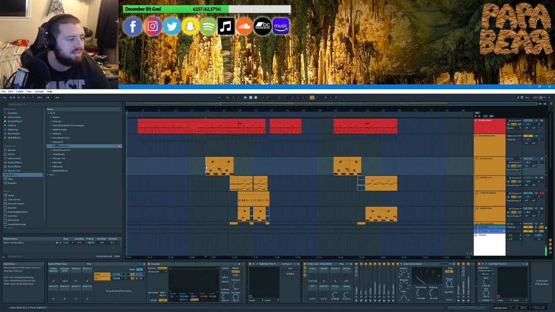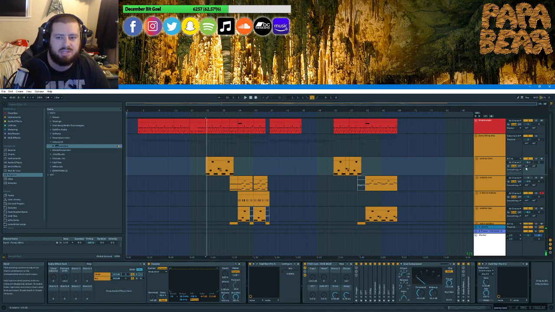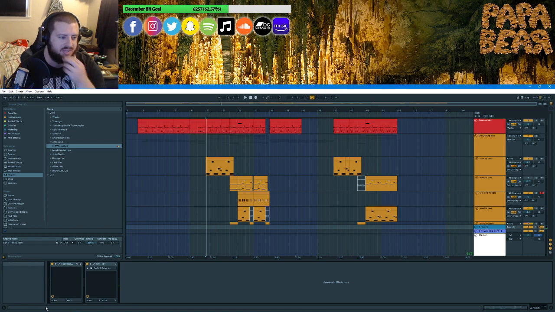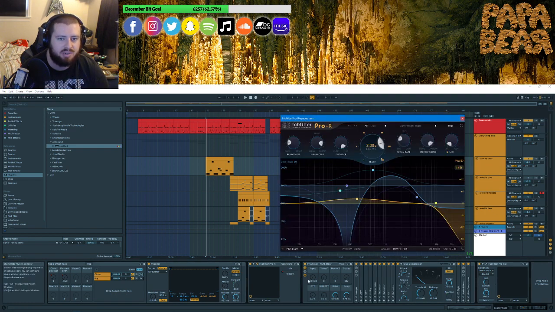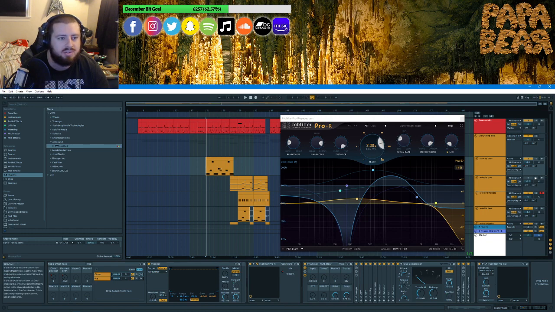So it sounds really cool, I think, because I'm using two different reverbs. I'm using a reverb send, which will put that onto another channel here that has reverb on it, and that is specifically for reverb tails. Then I'm using that same reverb preset on the channel itself to push that sound into the back. Because, let's see if I get rid of this, let's see if it's noticeable.